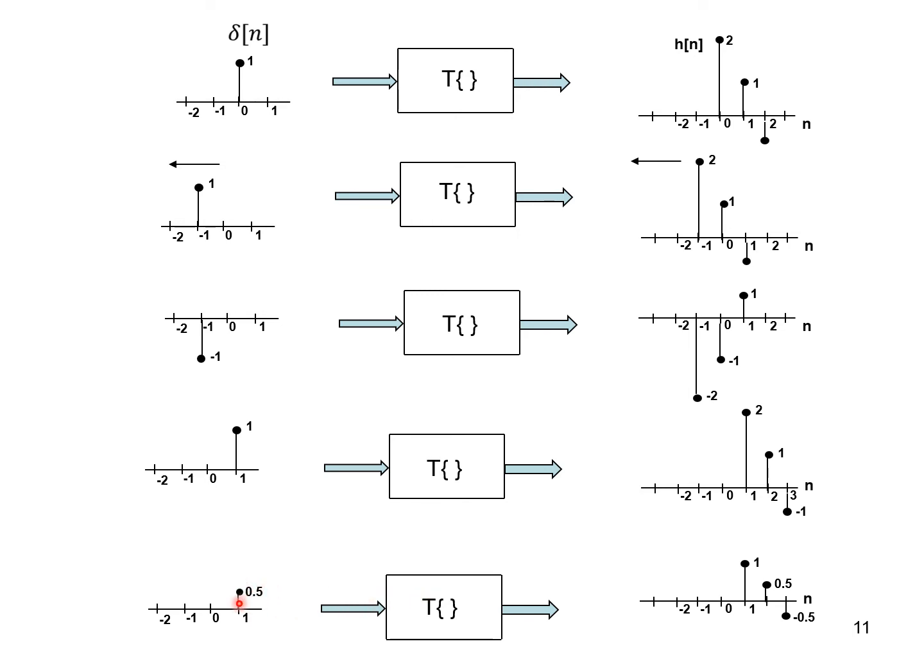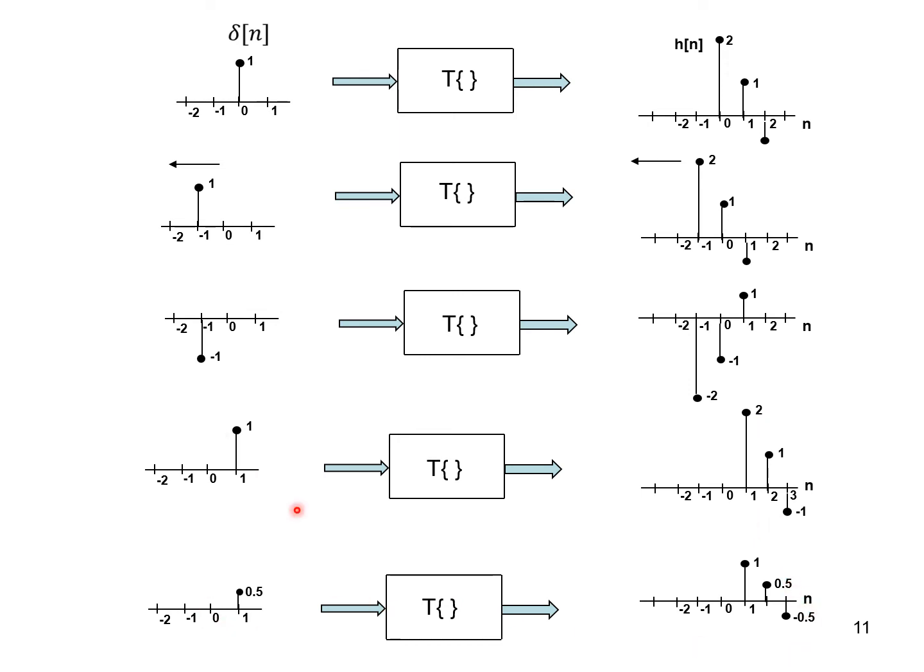I reduce the amplitude at 1 delayed. Same thing reduces. See, 2 becomes 1, 1 becomes 0.5, -1 becomes -0.5. Because the input got reduced, the output also gets reduced by a similar amount. If I had increased the amplitude, if I had made it 2, then this value would also be doubled. This would have been 4, this would have been 2, this would have been -2.